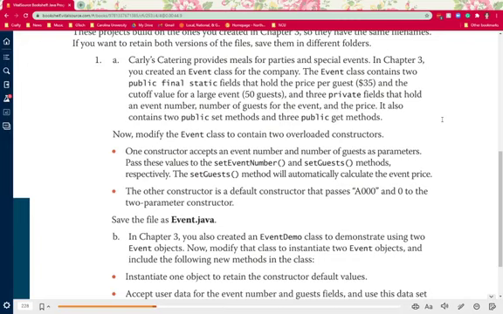Now, we want to modify the event class to contain 2 overloaded constructors. One constructor is going to accept an event number and a number of guests as its parameter. Pass these values to set event number and set guest methods respectively. The set guest method will automatically calculate the event price. The other constructor is going to be the default constructor, and that's going to pass the A000 and the 0 to the 2 parameter constructor. Okay, so let's get our